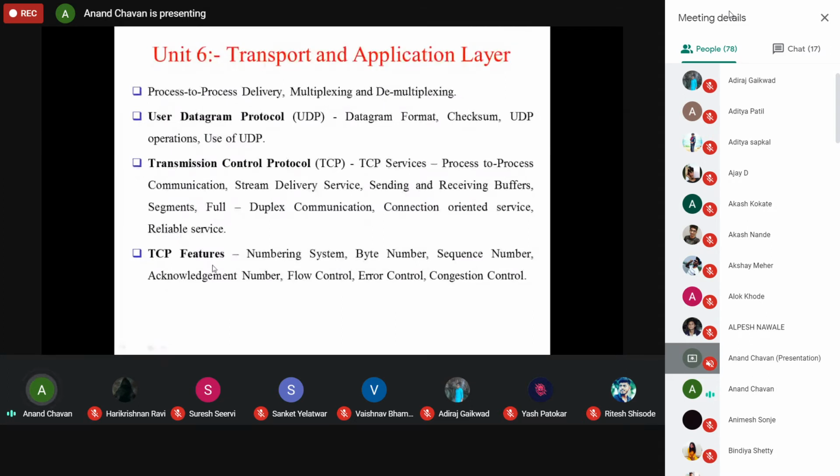Apart from that, we are going to see some other features: the flow controlling mechanism, the error controlling mechanism, and the last one is congestion control. The flow controlling mechanism is nothing but